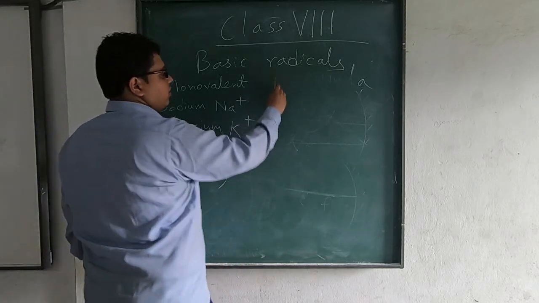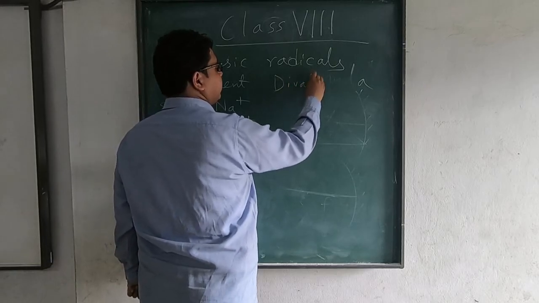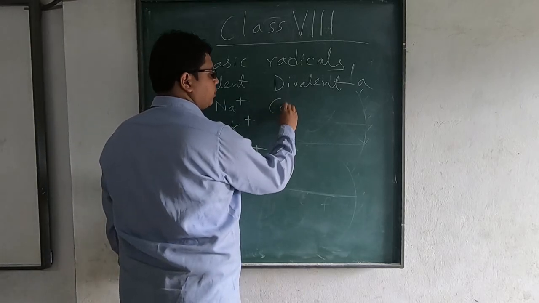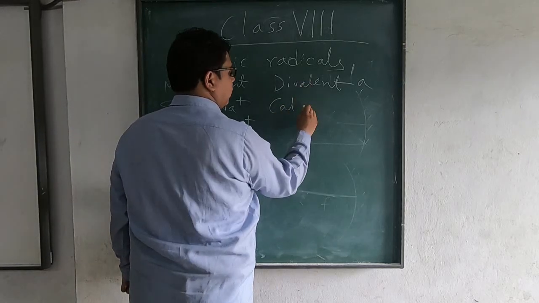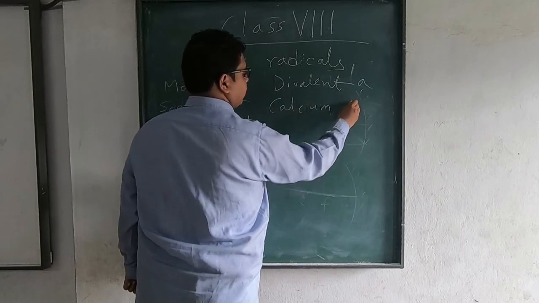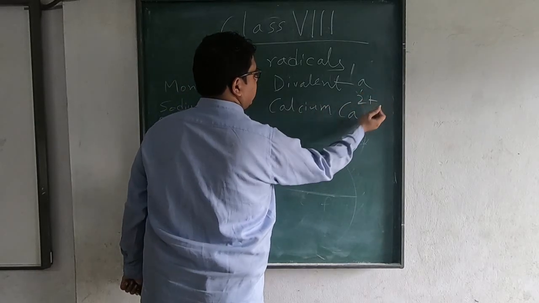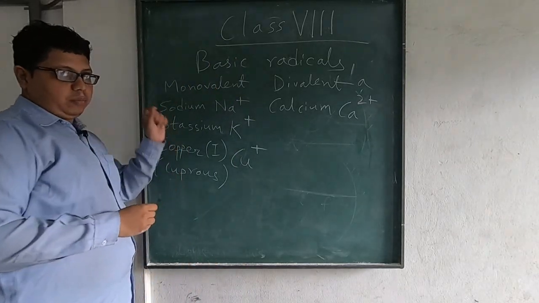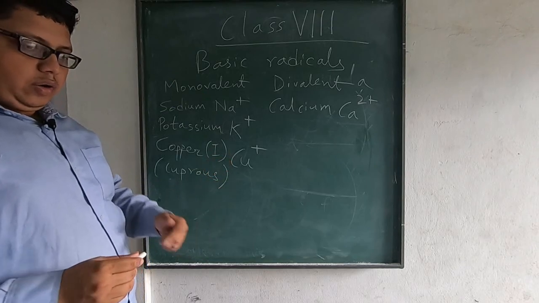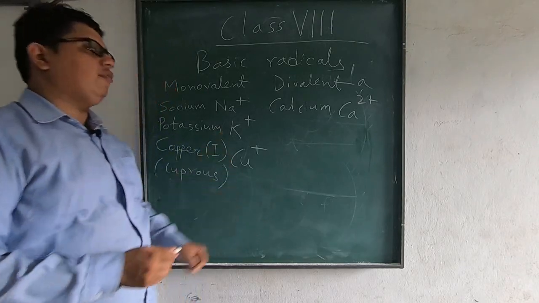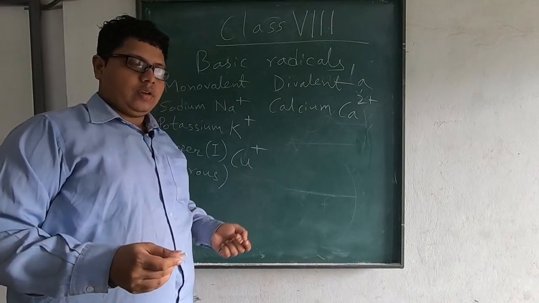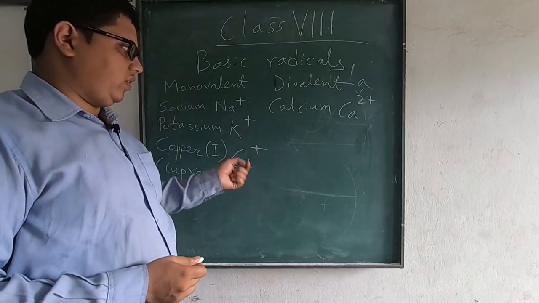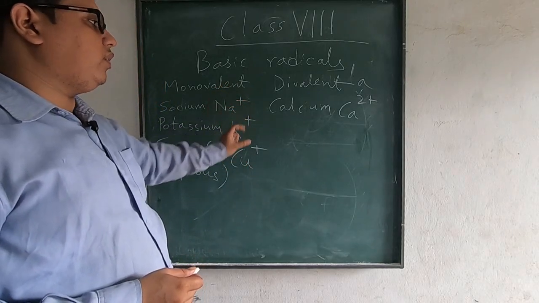then we have a list of divalent. Some examples are, you can get the entire list in your book. So some divalent examples will be something like calcium. You have to memorize this, okay? This is very essential. Today we'll learn how to use it. But you first must memorize the chart, okay? In the beginning you can see the chart and do, but you have to learn it, otherwise you'll suffer. It's the entirety of your class 9 and 10. Even further, you need to know the basics, and this is the very basic of how to write the formula, okay?